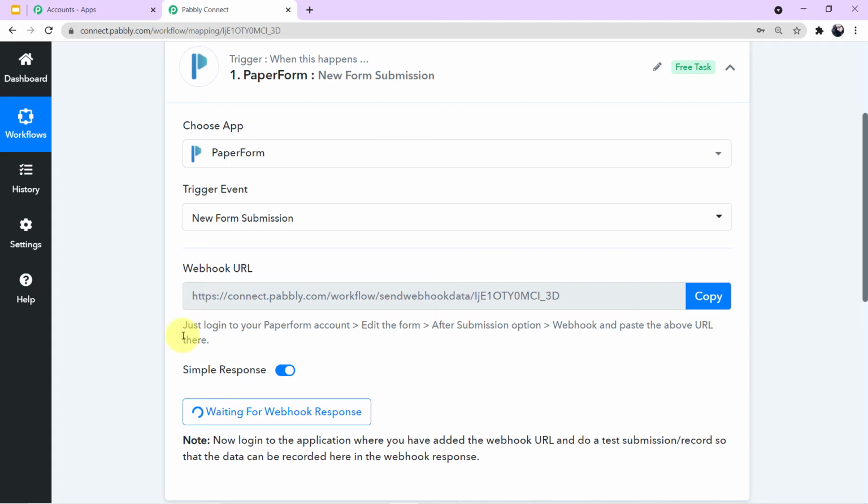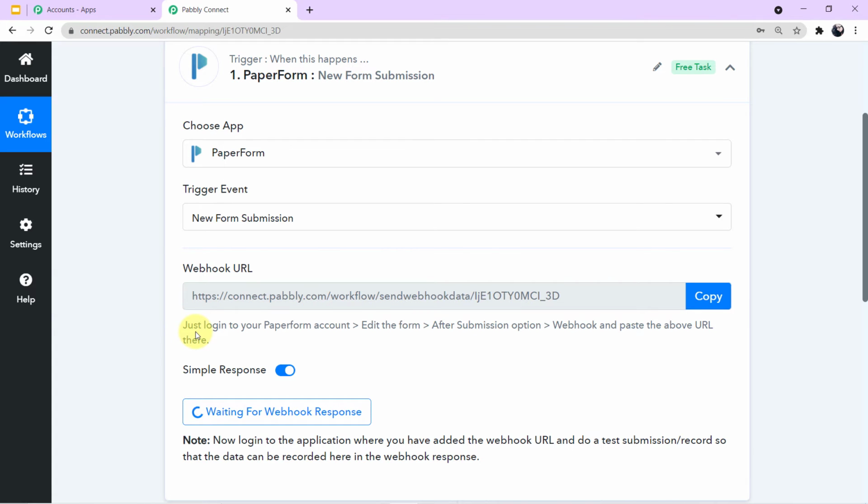But, guys, first read the description which is given below. Guys, don't forget to read the descriptions. Why am I telling you this? This is very important, because by reading the descriptions and the instructions which are given in Pabbly Connect, you can create your workflow completely on your own. You need not follow any other tutorials. So don't forget to read the instructions and the descriptions.